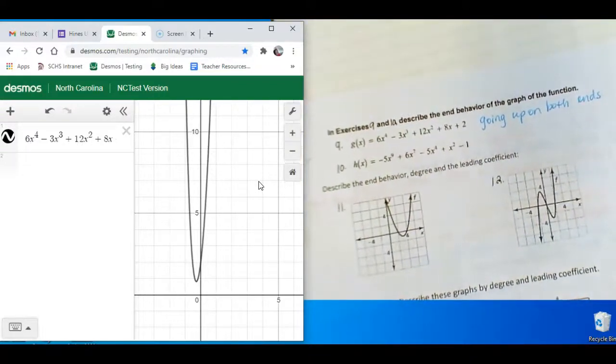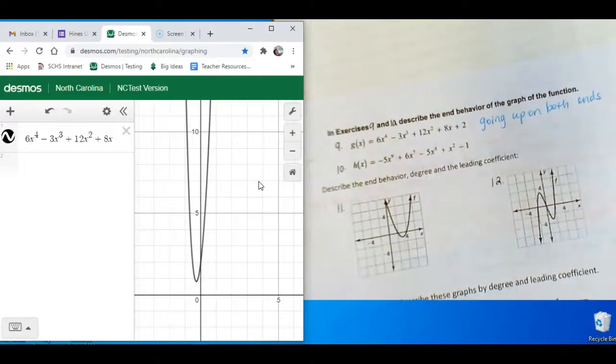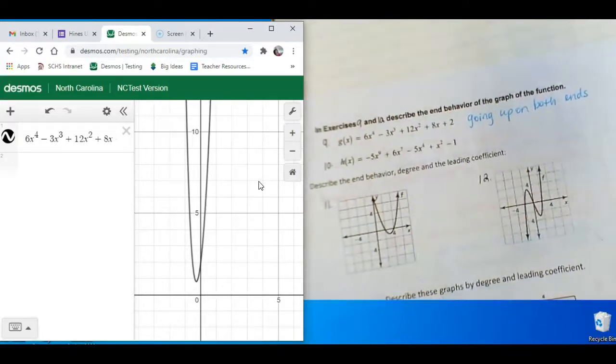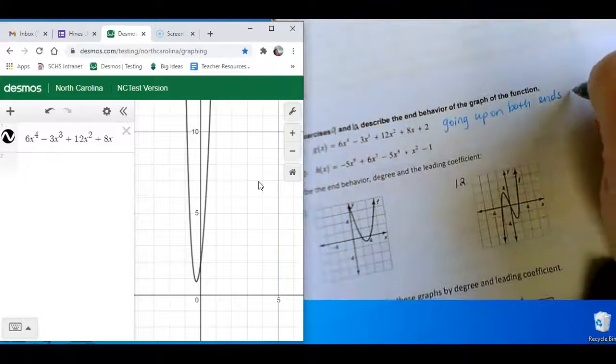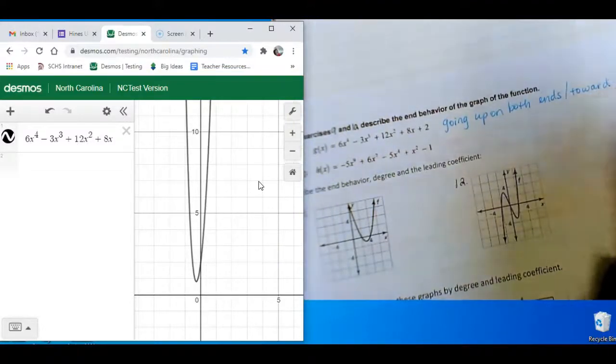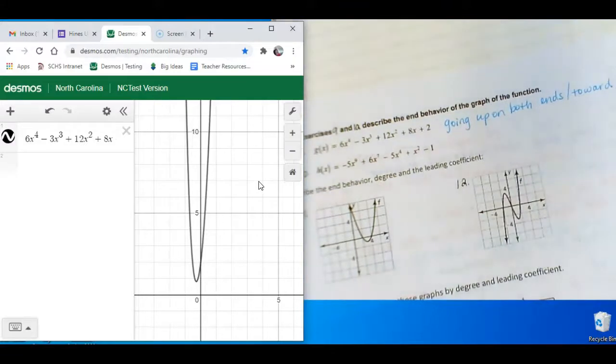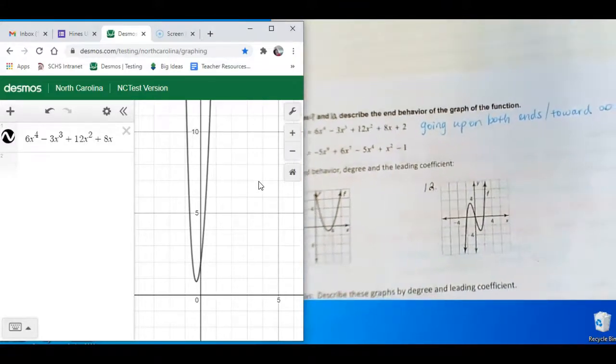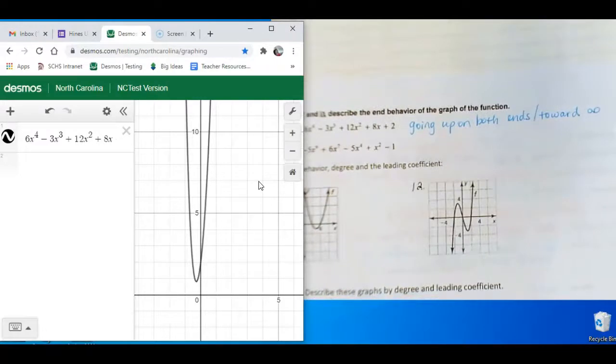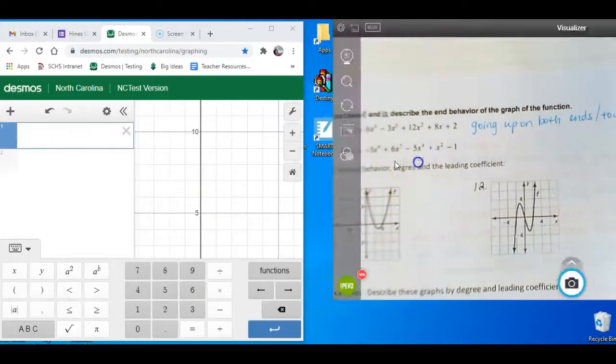Another thing that you could say is that the ends are going towards infinity. So they're both going up, they're both going towards infinity. Alright, so on the next one,